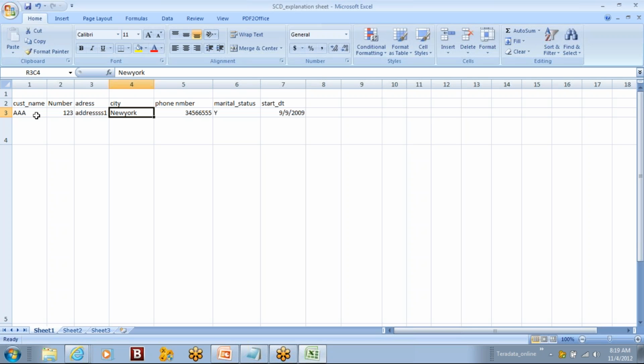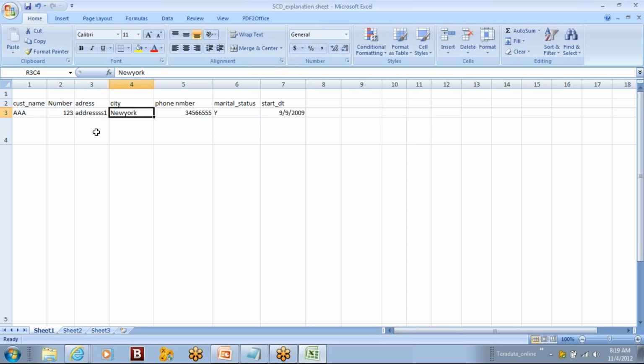So if, for some reason, you update the existing dimension with the new information, you will lose the track of history, right? So if in your business, for a few of the columns, you don't want to track the history, then you will update it. This is also one type of maintenance where you may not track the whole history, but you want to know the updated information only because you are not interested in tracking history based on this particular column. So here in this city, yes, I want to track the history, so I should not do